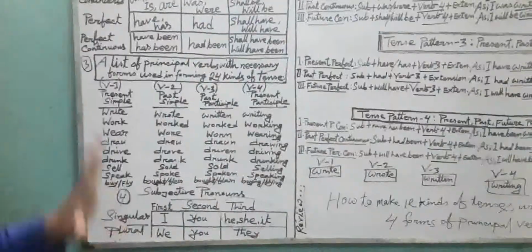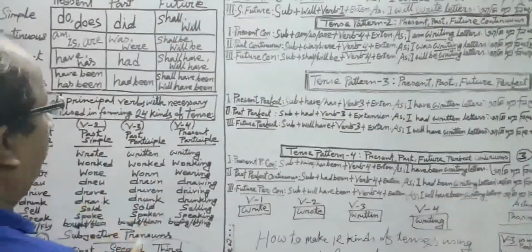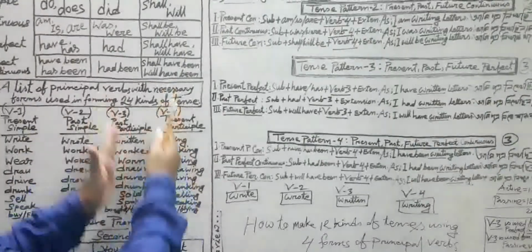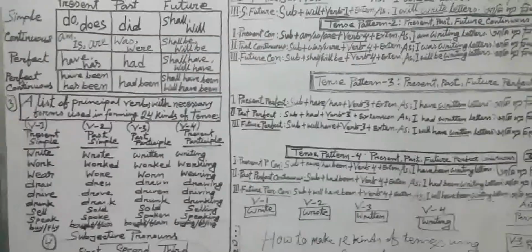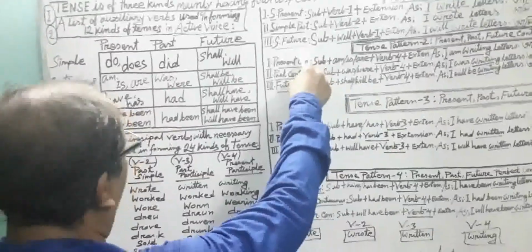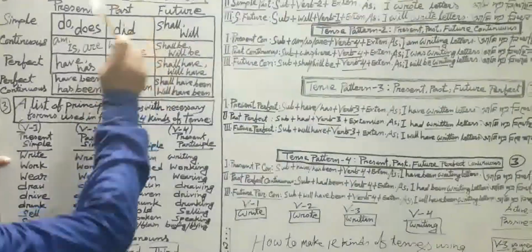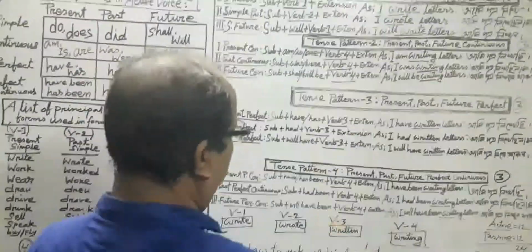We still have 6 tenses left, 3 simple and 3 perfect. Verb 3, that means the past participle form, is used with 3 perfect tenses. Here is the verb 3 form: written, written, written. So with these 2 lines, we have finished 9 tenses. We still have 3 tenses left. What are the 3 tenses? Present simple, past simple, and future simple. So verb 1, the present simple, is used with 2 simple tenses. What are the 2 simple tenses? Present simple and future simple. And verb 2 is used with past simple tense. That's all. So I think you have understood clearly.